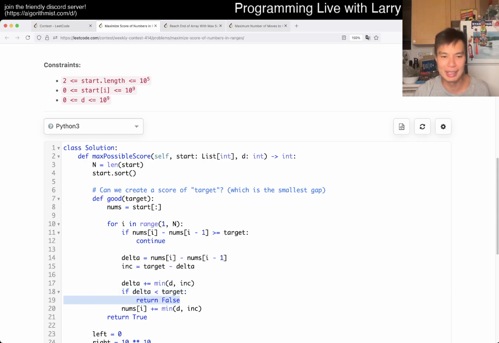Otherwise, that means that D is not big enough for us to rise, and therefore we return false. Probably could also write this in a different way, but that's fine. Otherwise, we increase num sub I by the increment that we had picked, right? And I think it's always going to be increment, but I will just do it to be consistent here so that I don't have to think about it. But if you do think about it, increment will always be true,